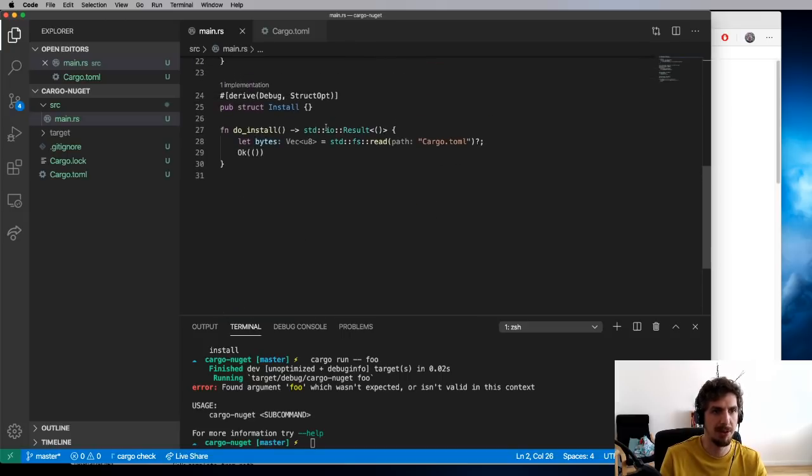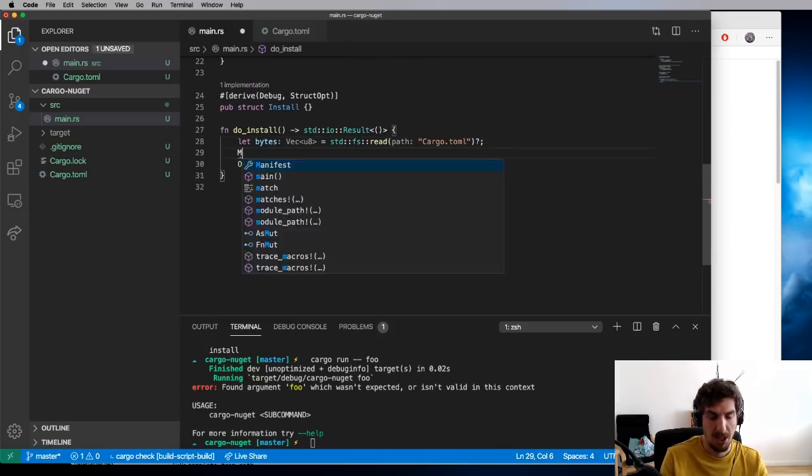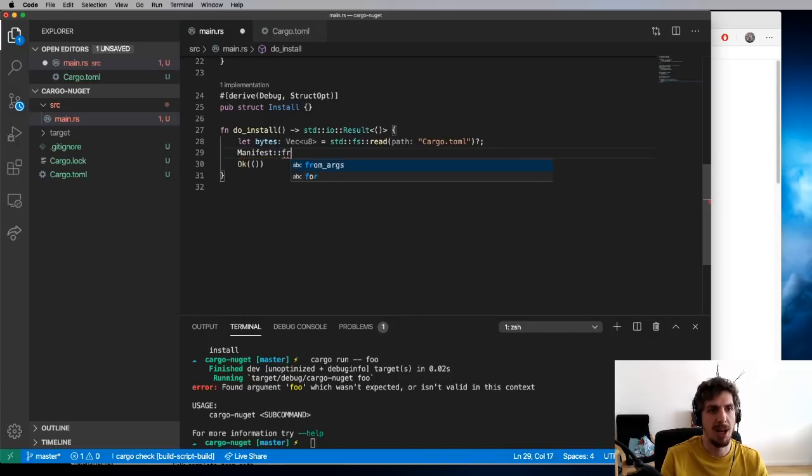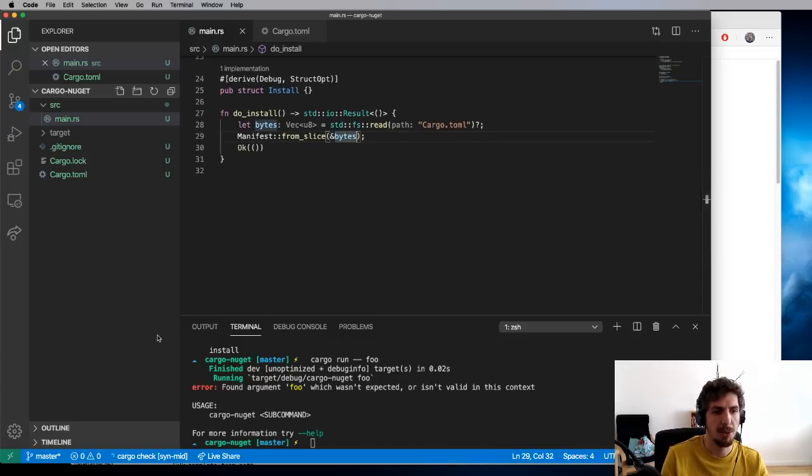This gives us the manifest that we want to go ahead and parse, and we can say Manifest::from_slice, and then we pass in our bytes. And I don't think this will, is it going to dereference? Yeah, it will, hopefully. Cargo check is taking a while. Oh, it's added a new dependency, that's why. But also streaming definitely slows my machine down. So